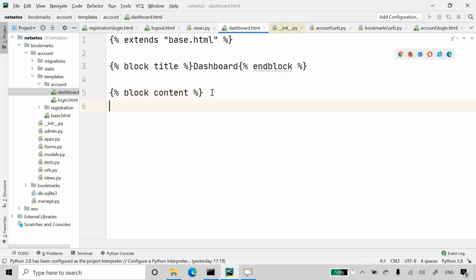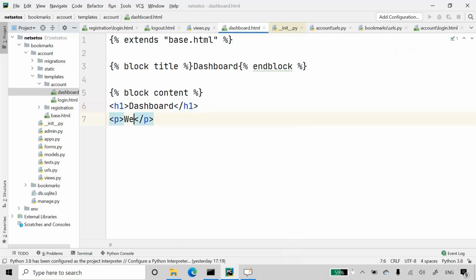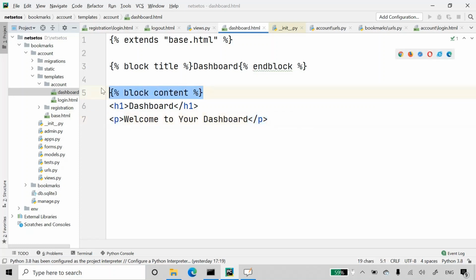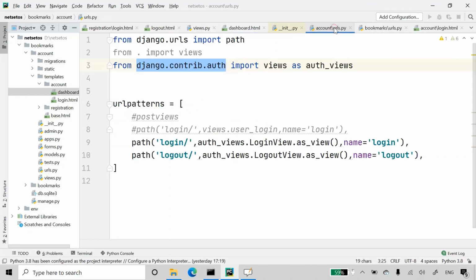For block content, we should have dashboard in our h1 tag, and here in p tag I'll write welcome to your dashboard. Let's end this by end block. Now I'll add this views.dashboard in the URLs of our account application.